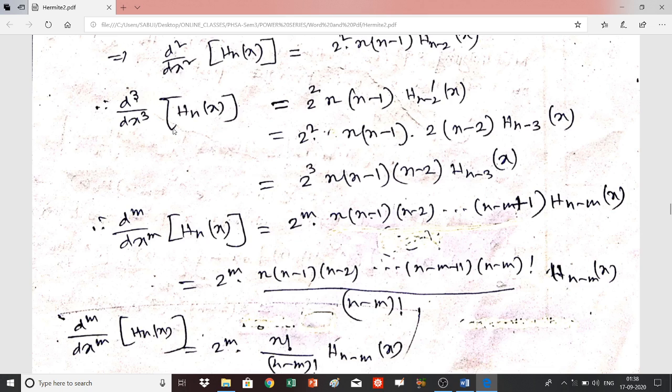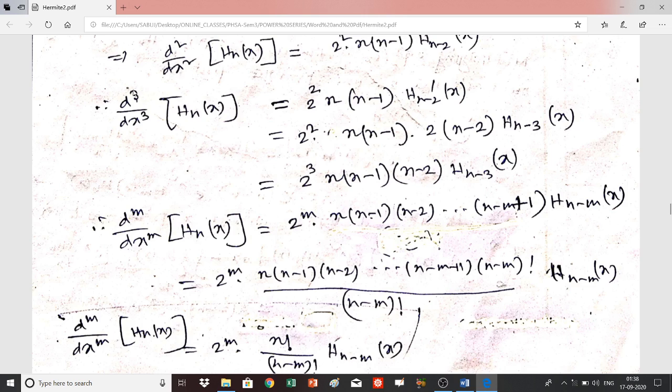In this relation m is 3, and the result is 2 to the power 3, 2³, that means the power is the order of the differentiation. So here is m, so here will be 2 to the power m. Then n minus 1, n minus 2, this term will continue up to the value where, see here, n minus 2, that means n minus 1 order